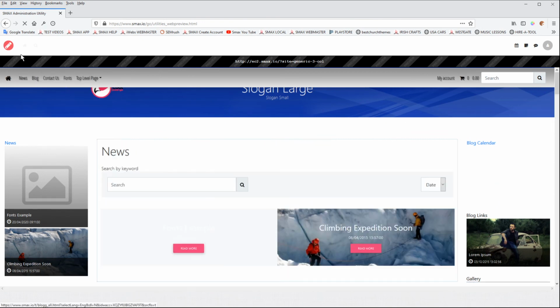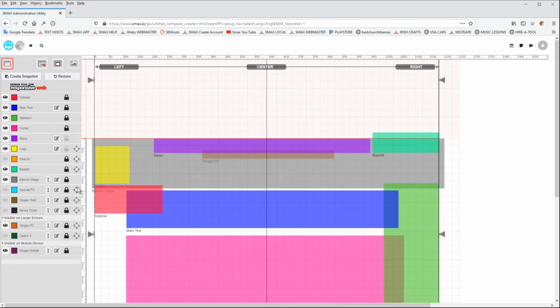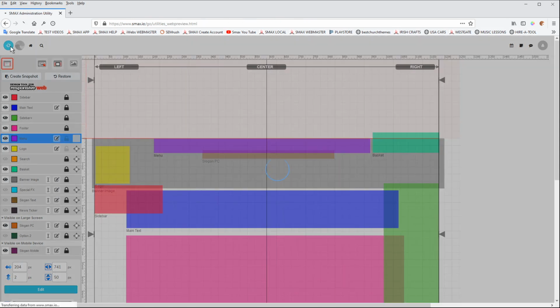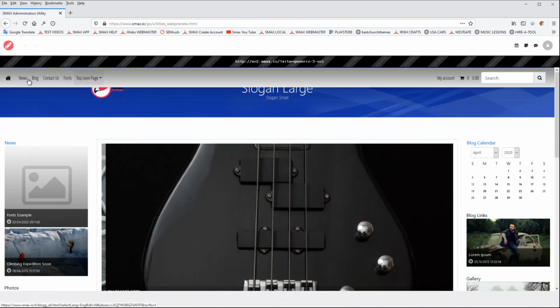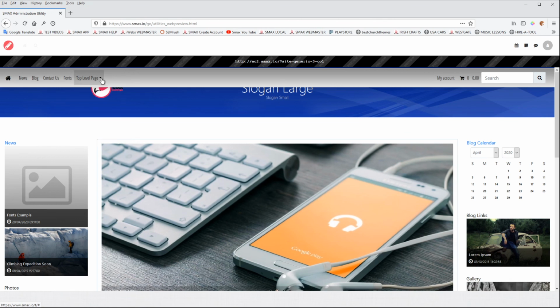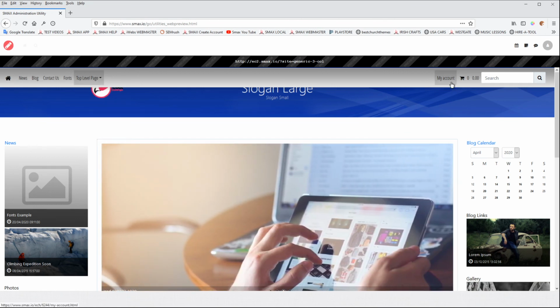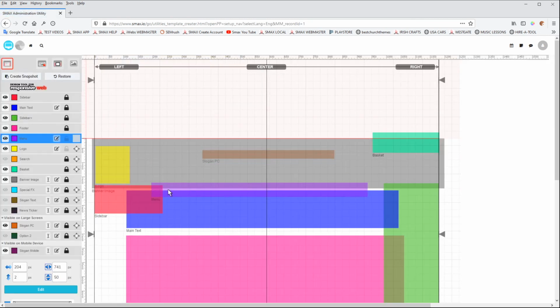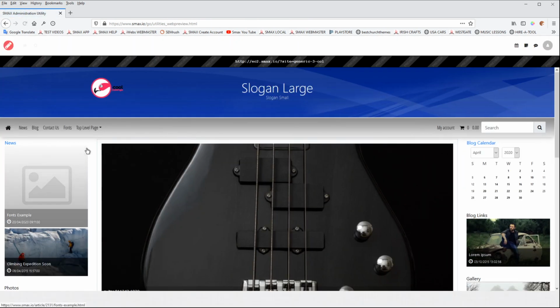But with the text shadow, you're going to have to play with that quite nicely. I think that was a bit too much of a gap in the shadow. If we had 1 pixel there, and just a tiny little bit, it doesn't need to be too strong, the shadow, and then it just brings out the links a little bit nicer. So that's quite nice. So we've played with that navigation bar. We've got a completely different navigation bar to the one we had, and you can play with it there. That's quite nice. So now it's completely changed the look of the site,